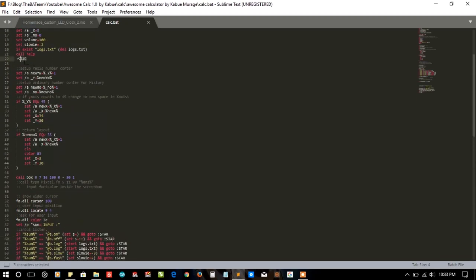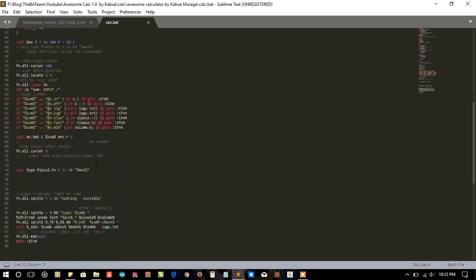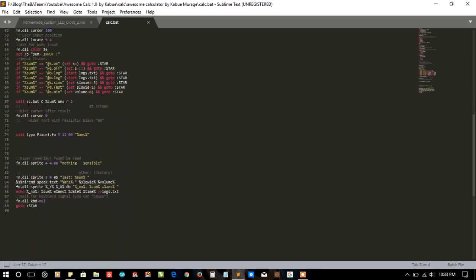The star label stops for asking the user for a new value, and when the value is passed, the user input is taken and passed to the AC function from Mr. Michael, and the answer is calculated, and by the typography function they are using a pixel font and printing the answer, and the f1.dll is printing if there is nothing sensible here,